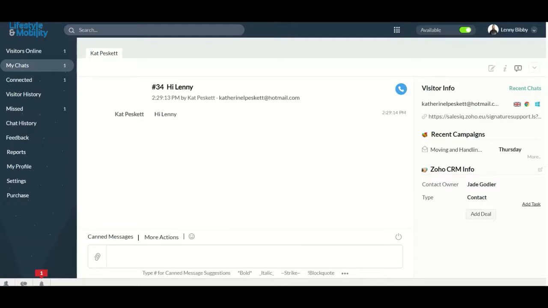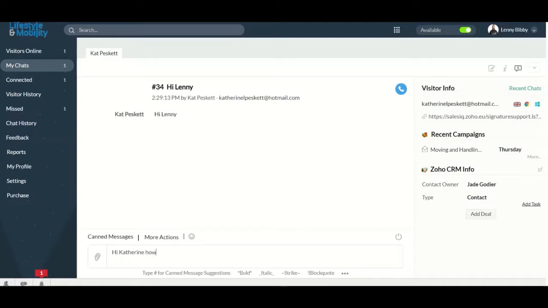It shows you here as well that Catherine is already added at our CRM system as a contact. If this was a new visitor, it would give a suggestion to add to a CRM system if you were using the Zoho CRM, but this can be integrated through other chat features and CRM systems as well. If you haven't got one available, this is something that we can look at setting up on a consultation basis as well. So I've wrote back, "Hi Catherine,"